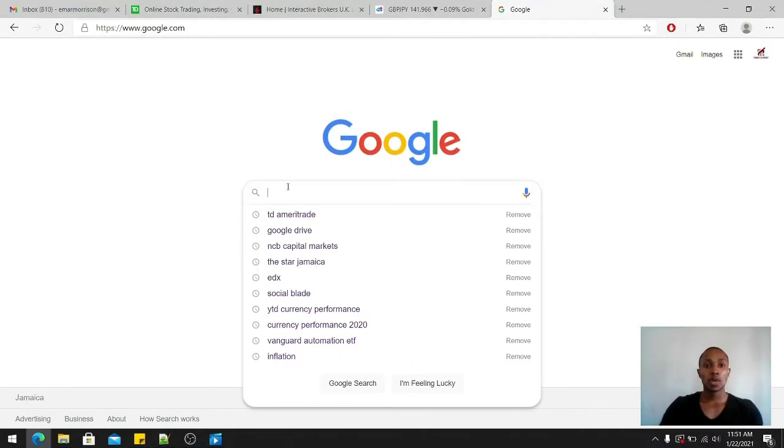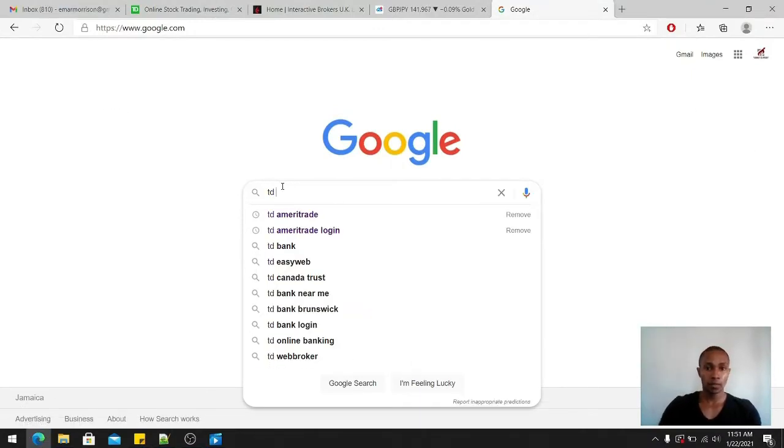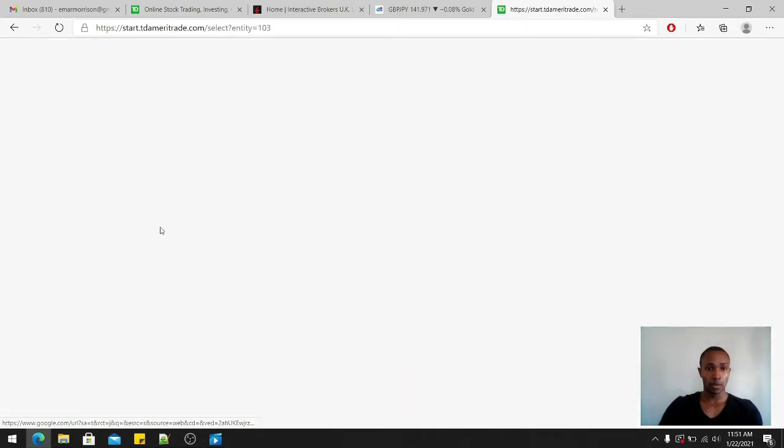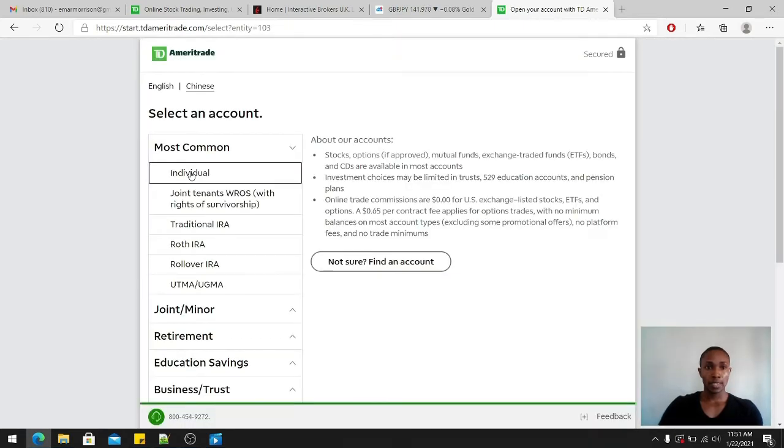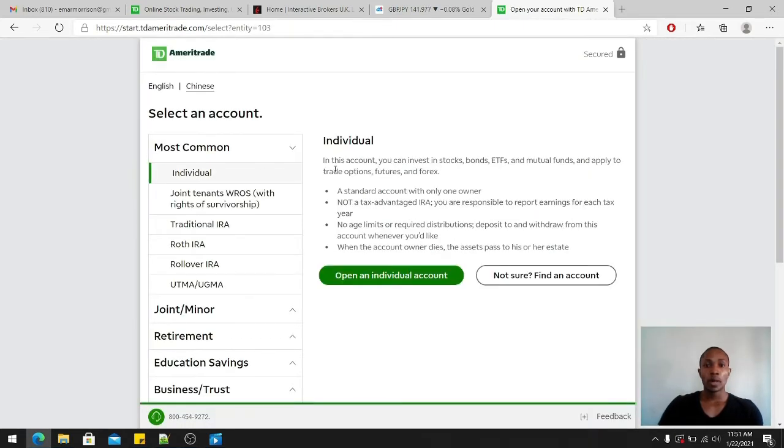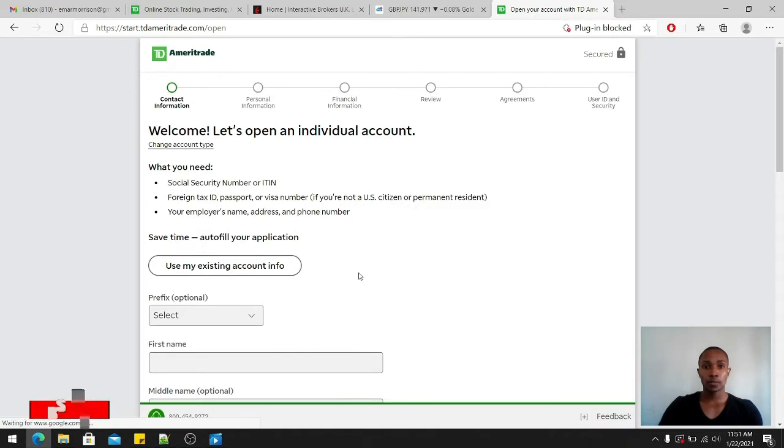So let's go on to Google and search for TD Ameritrade. Select open new account. Select individual account. An individual account allows you to invest in stocks, bonds, mutual funds, and trade futures and forex. One thing though, with international clients, or in my case, I'm in Jamaica, I wasn't able to complete the form here online. So what I had to do, and what you should do, is download the form and submit it